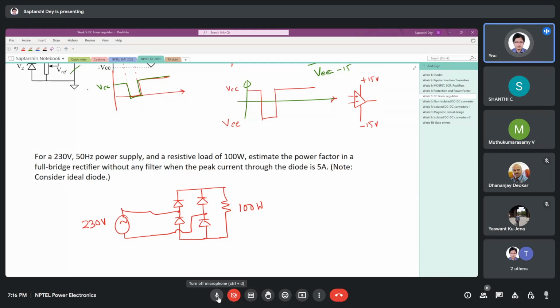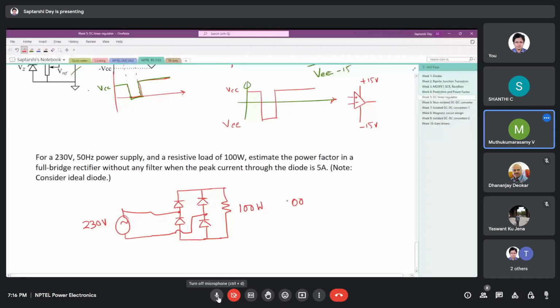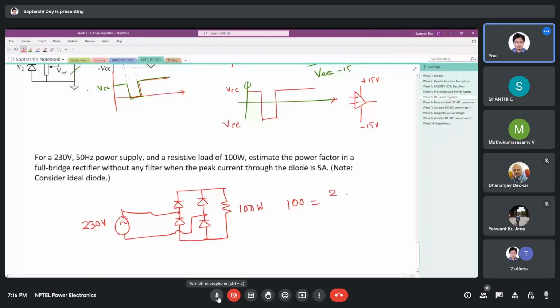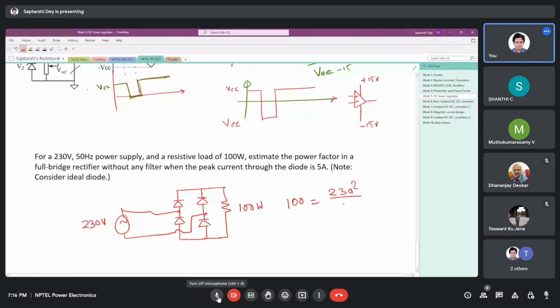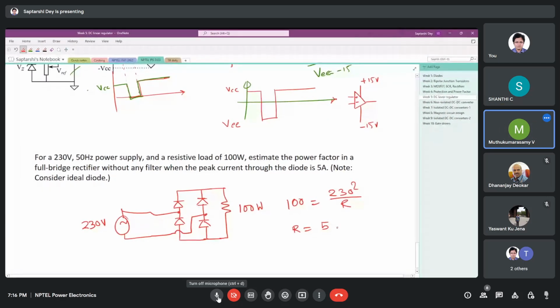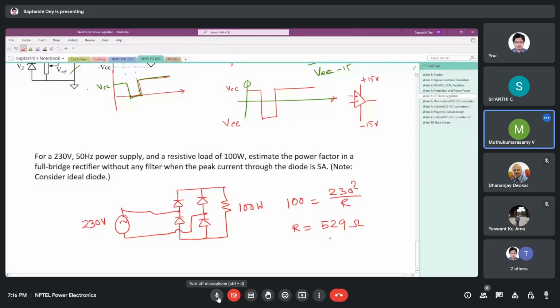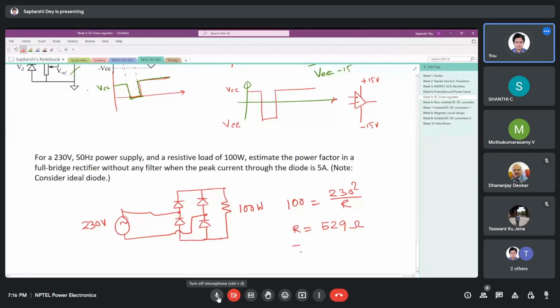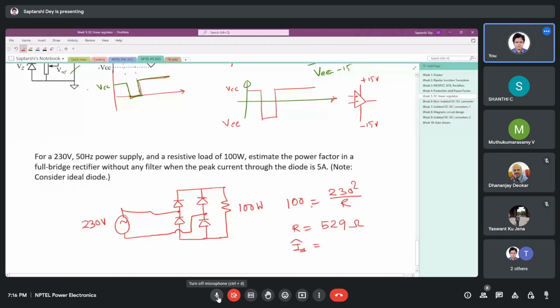So whatever RMS voltage you have here, if this is a pure resistive load, that much RMS voltage you should get here also. Right? So this should be, so the diode peak current should be,